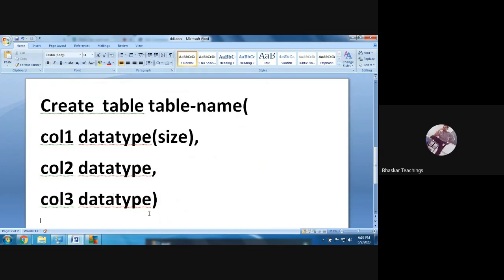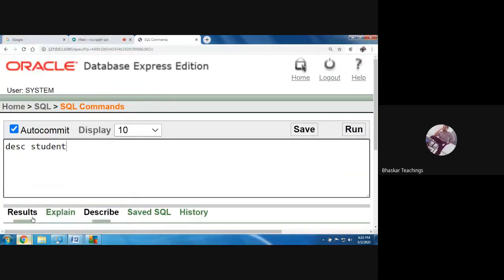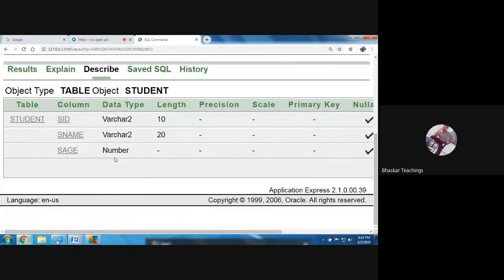That is alter. So now here we have three columns. Now I thought to add student email also. I told you, if you want to perform any changes in the table, you can use the alter command. Changes in the sense of the design. Here we are learning about DDL commands, right? DDL commands work on the database design only. So here I want to add an email column for the student table.